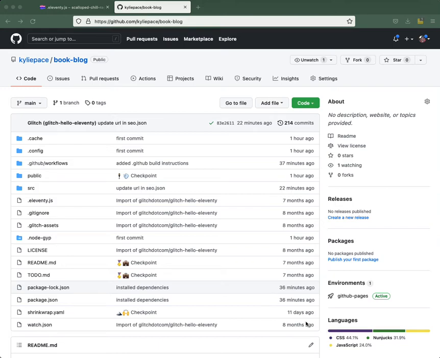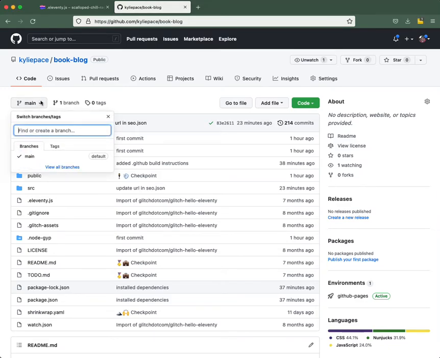So we have our full eleventy code here on GitHub. What we want is some kind of process that's going to convert this code into those static files and have them hosted so we can hit a link from anywhere and see them. The first thing we're going to do in GitHub to get that set up is create a new branch with a really special name,